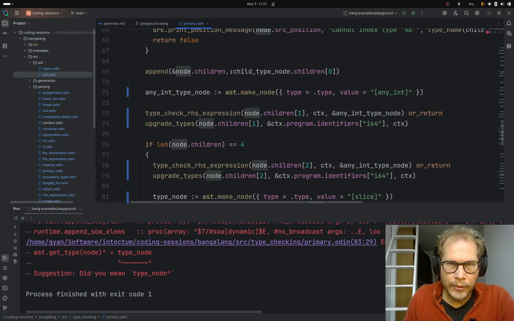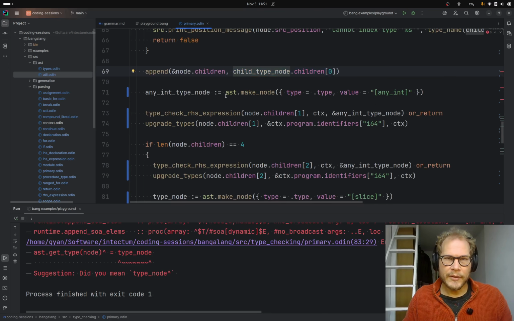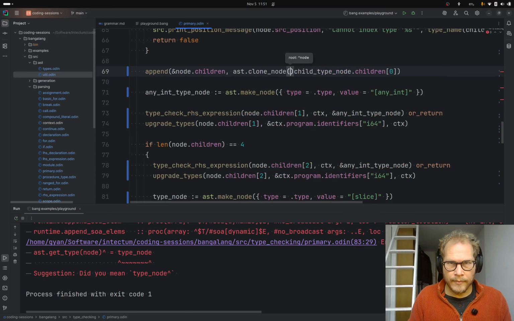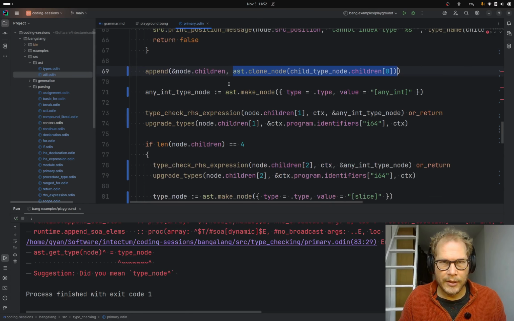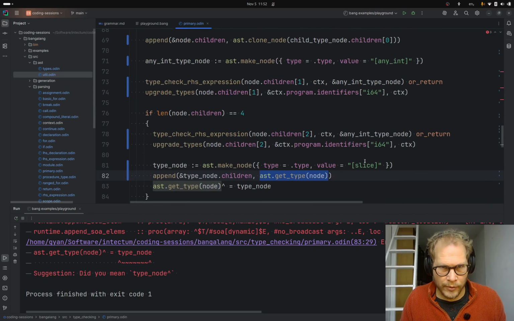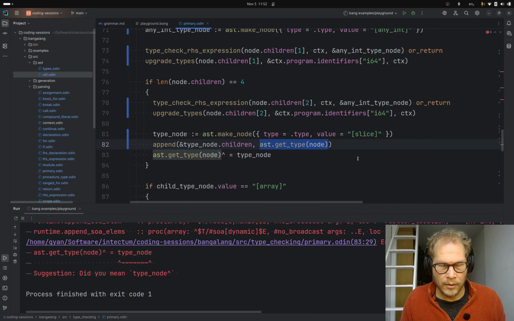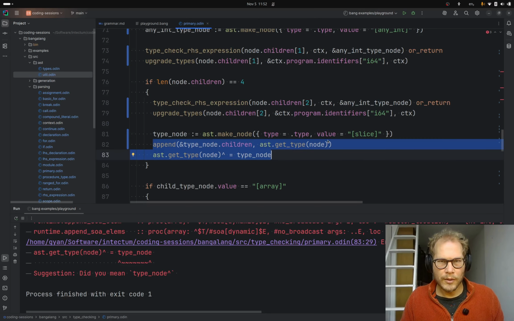And get type node. Well, maybe if we make this one a clone. So this is a clone of the U8 or whatever. And so this is adding the type. So when we go get type, we're getting that clone. And we're making it a child of slice. But then when we replace, this is going to create an infinite loop. So